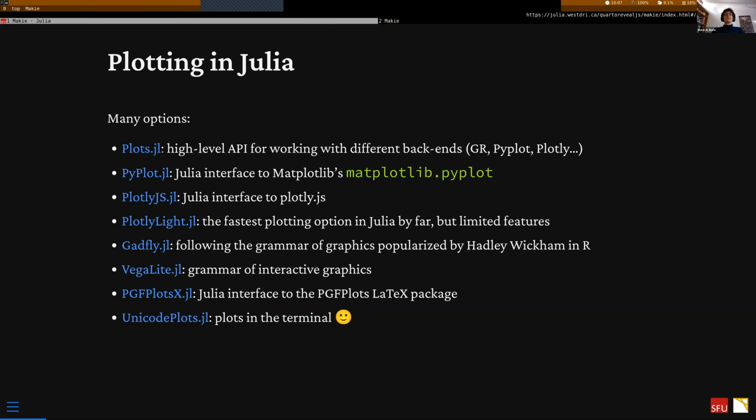Plots.jl is kind of the entry point of plotting in Julia, the default for a lot of users. It's a great package because it's a high-level API that allows to work with different backends, such as the matplotlib pyplot or plotly.js or GR. So it's very convenient in that you write some code and then you can export using one backend or another. For instance, you can use Plotly if you need some interactivity, but GR if maybe you want some nice resolution